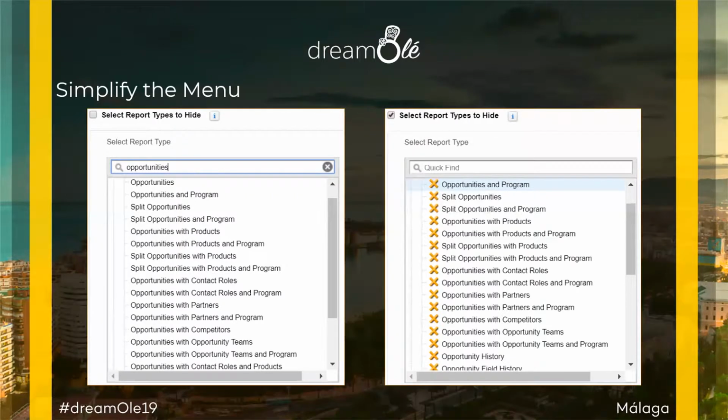It's just on the report type selection page. It's not in the setup menu. It's one of those weird things. But as long as you have the permission to manage report types, you'll see that option there. And when you check it,